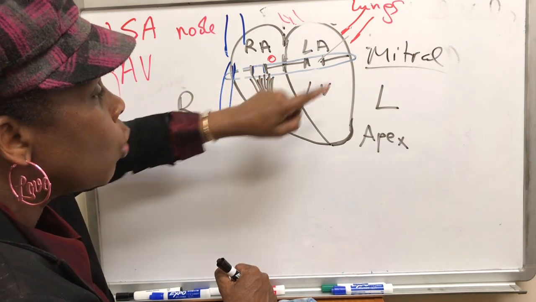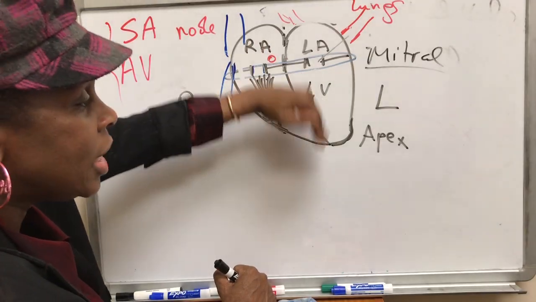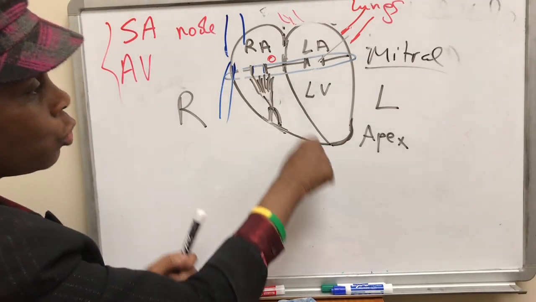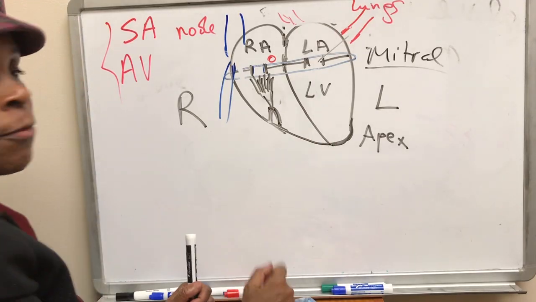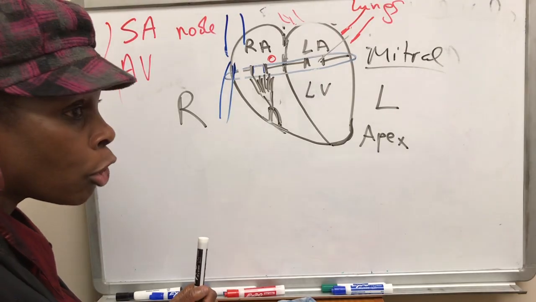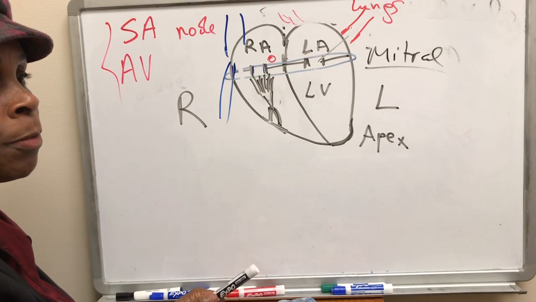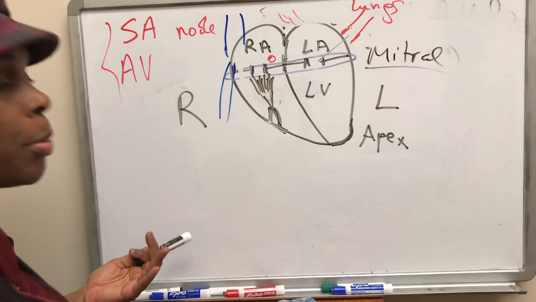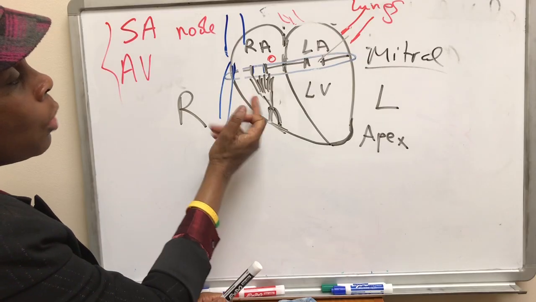Both valves will have tendinous chordae, trabeculae to kind of hold it down to the floor of the ventricle, just like this one. What about inside the left ventricle? The left ventricle is bigger, tougher, stronger than the right ventricle. Why? Because it will pump blood to the whole body compared to the right ventricle that will pump blood only